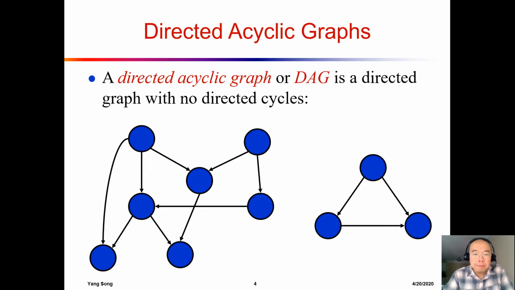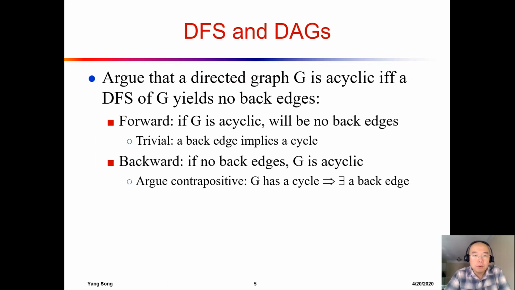circle. Okay, so the next part, we want to introduce a new concept called a directed acyclic graph, or a DAG. So it is a directed graph without directed circles. Okay, so that is the concept of DAG, and using the concept of the DAG, we can do some other things. So the first thing we want to argue is that a directed graph, which is G, has no circles if and only if, when we run a DFS,